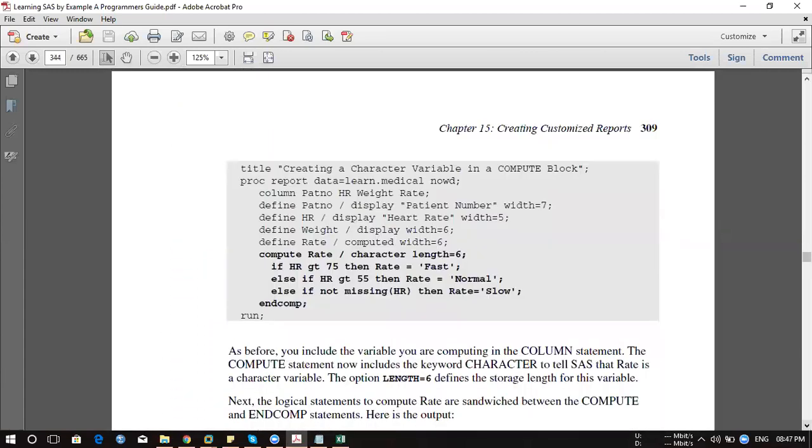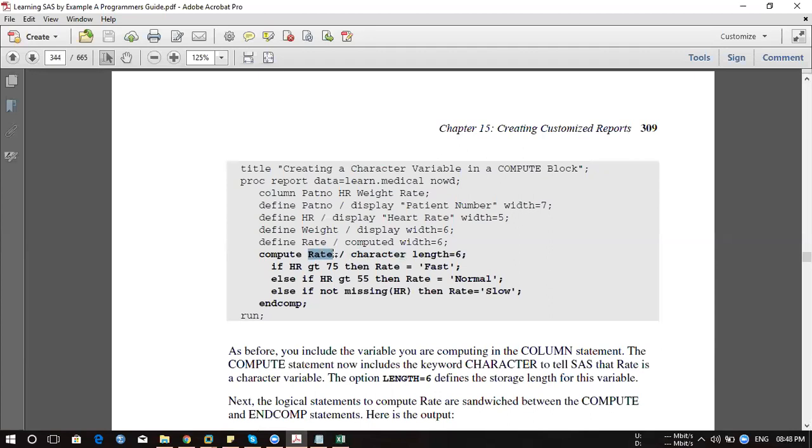Now another case, which we talked about earlier, was creating a numeric column. If you want to create a character column with a condition, then you need to define the property of that particular variable. Earlier we have not defined it because by default it is numeric. So now what is happening? Rate will be my character variable. Remember, while using the input method, we say dollar. So dollar represents that this is a character variable, correct?